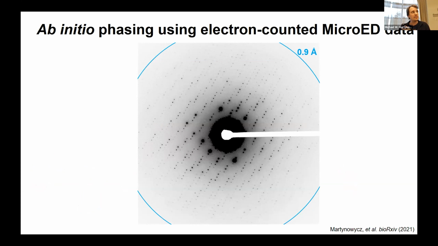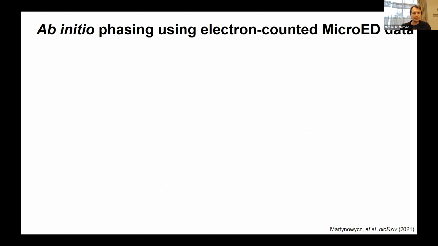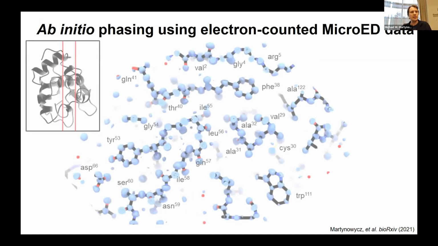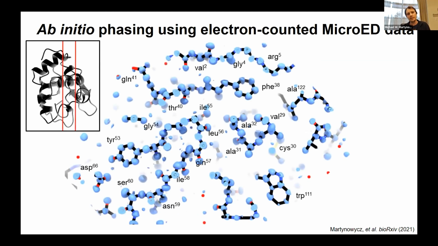So 0.9 angstrom, what does that mean? For this protein structure, and you can maybe pick out some intensities here on this counting detector, they look really good. They're not capped and they're not counting too fast or too slow or too noisy. At 0.9 angstrom resolution, one slice through this protein looks like this,